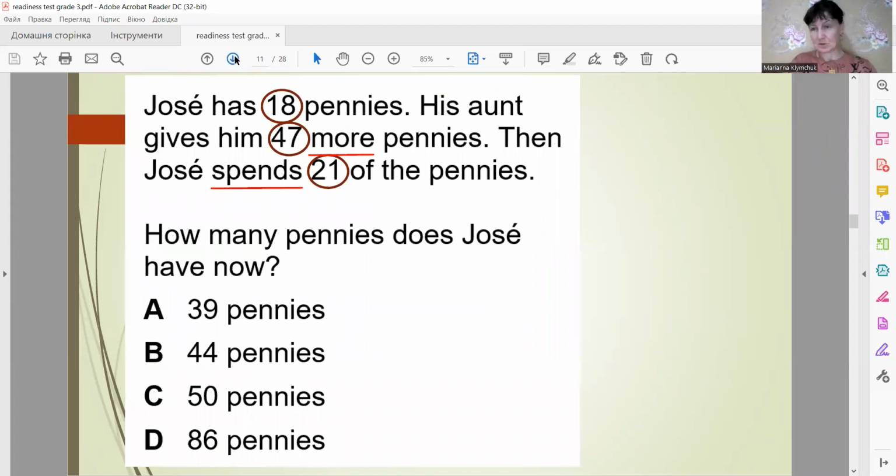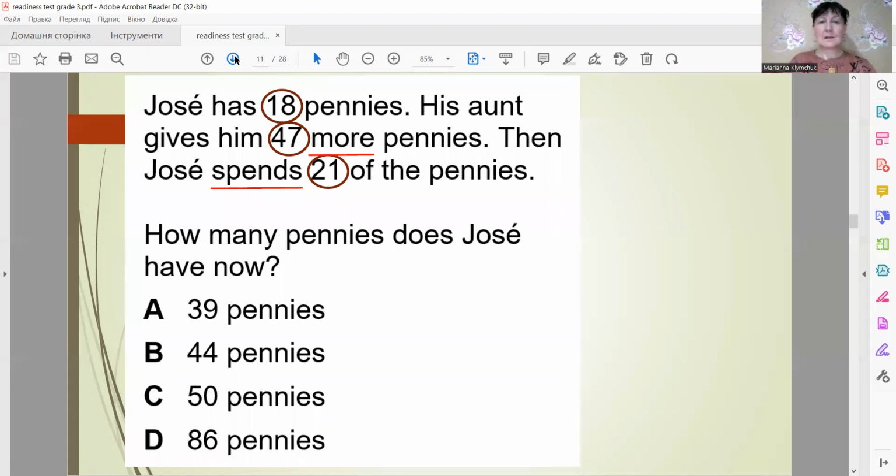Okay, this is also a story, but everything is understandable if you know key words. Jose has 18 pennies. His aunt gives him 47 more pennies. Then Jose spends 21 of the pennies. How many pennies does Jose have now? Again, what we see in the story, every time we circle the number and we are looking for the